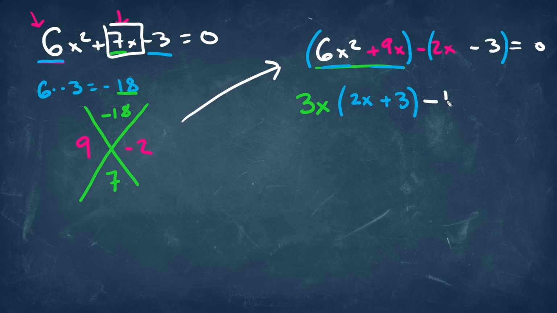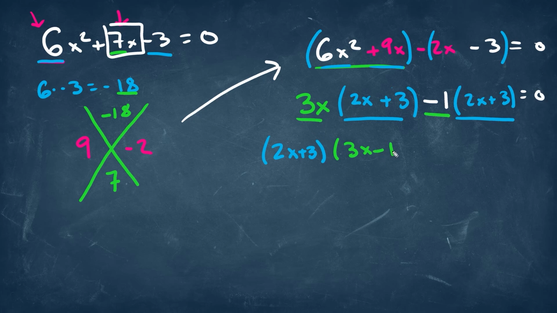We'll put a minus 1, and if we factor out a minus 1, this is going to give us 2x plus 3 is equal to 0. What you'll notice here is now we have the same item in parentheses, meaning now we can actually factor this out. So we'll have the 2x plus 3, and we can multiply that by this 3x minus 1,